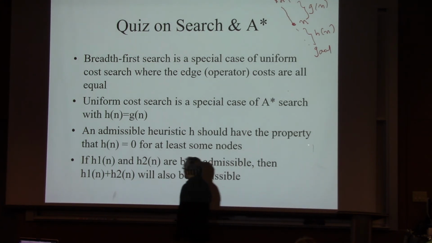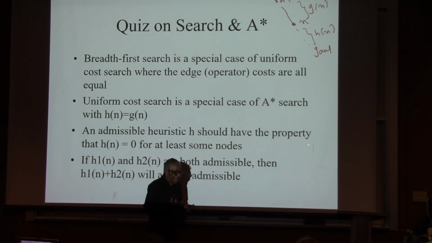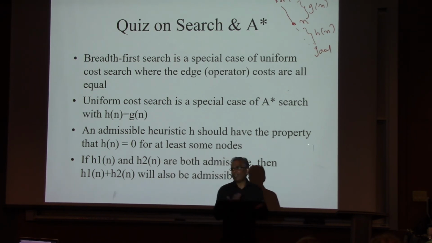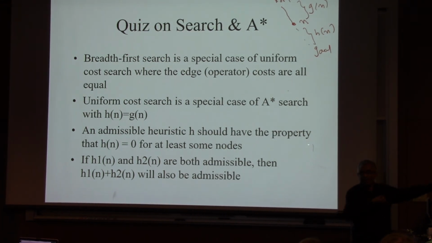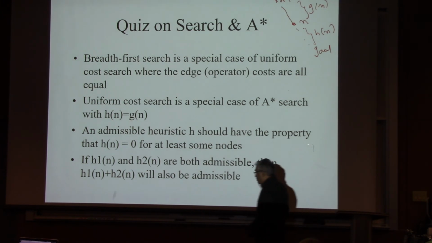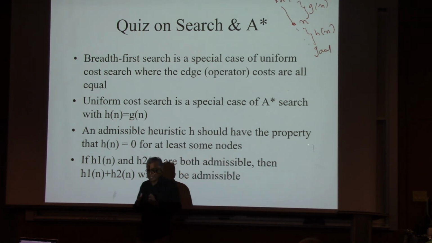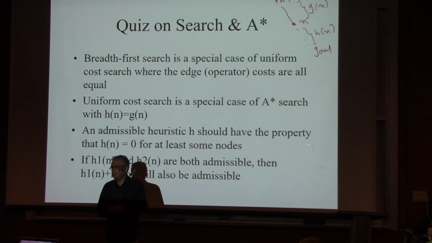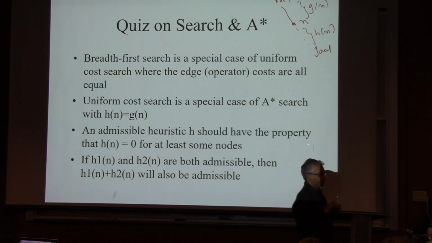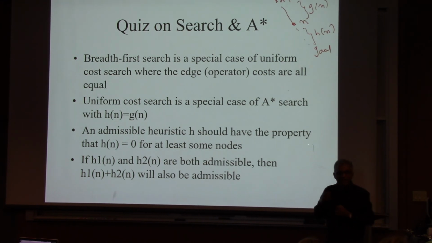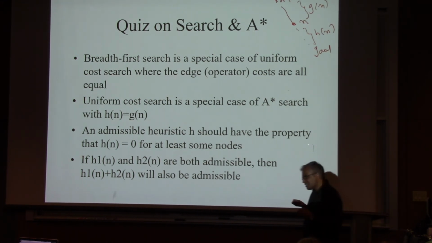More often than not, the bigger the heuristic value, the fewer expansions you will wind up doing. That's why you define this notion of informedness, even though the notion of informedness is qualified on the heuristic actually being admissible. But informedness is going to be correlated with the number of nodes expanded. And the bigger the heuristic, the faster the search will get done. Now, if you have any question as to why this is the case,